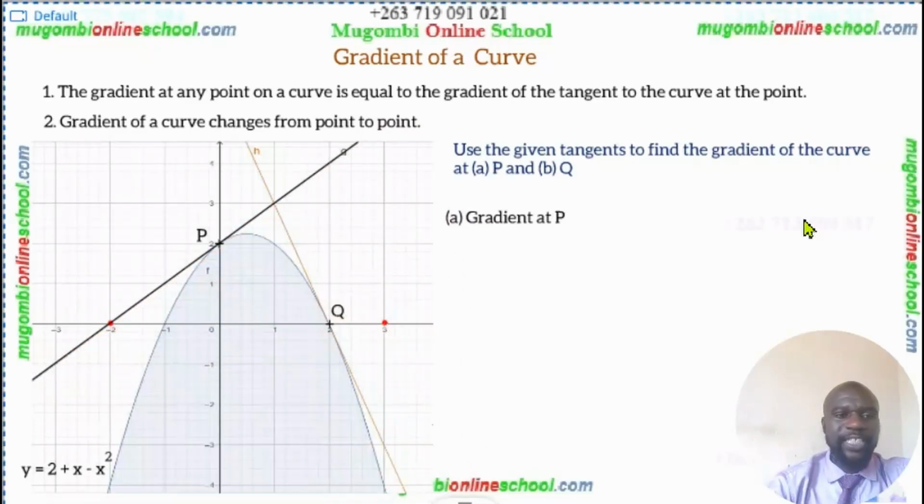At point P, we have to draw a straight line which is a tangent at point P, which passes or